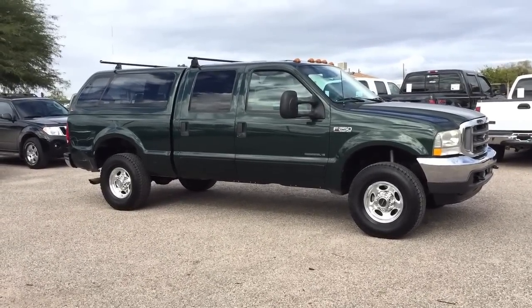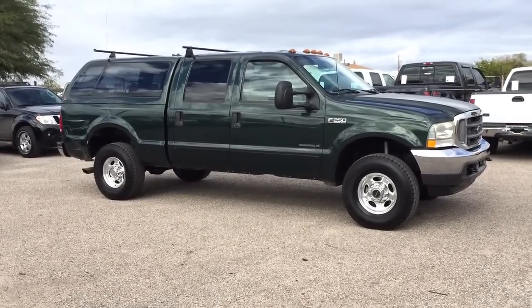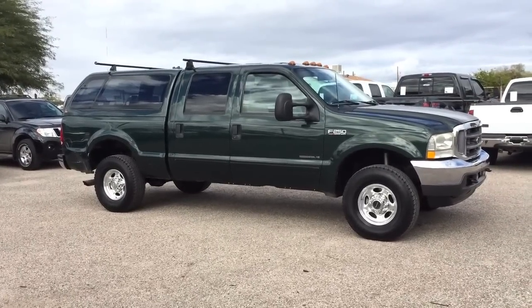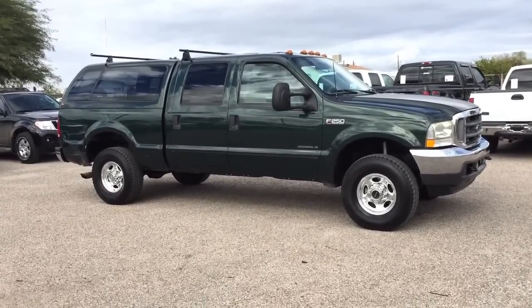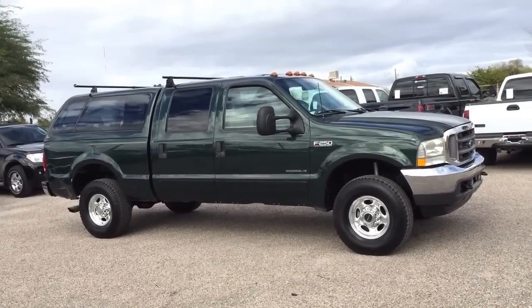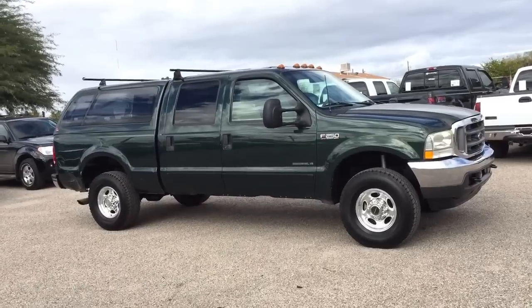We're selling this truck. It is a 2002 Ford F-250 Crew Cab. It is a 7.3 liter turbo diesel. It's four-wheel drive. It is a Lariat, which is leather, and it has 203,300 miles. It was a theft recovery purchased directly from an insurance company in the San Francisco Bay Area,